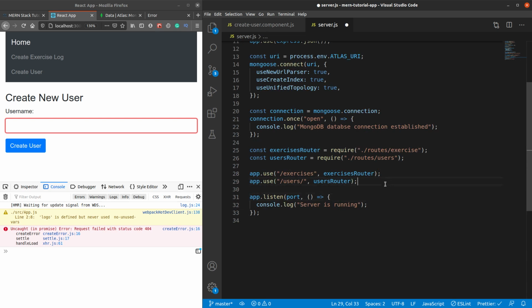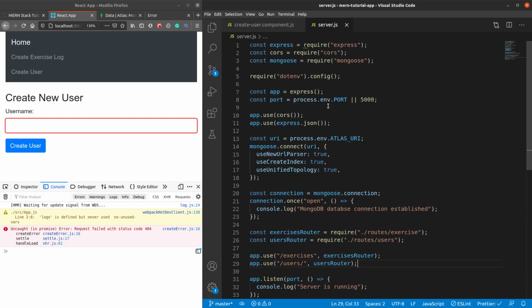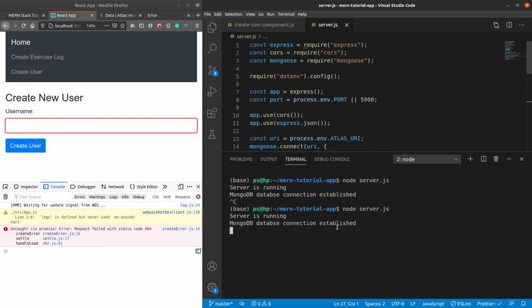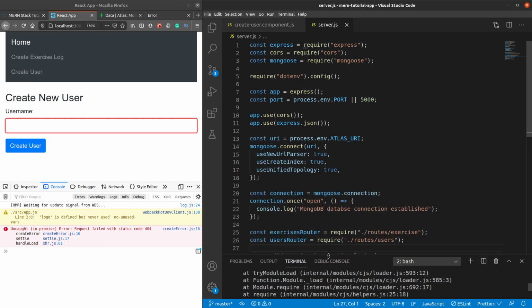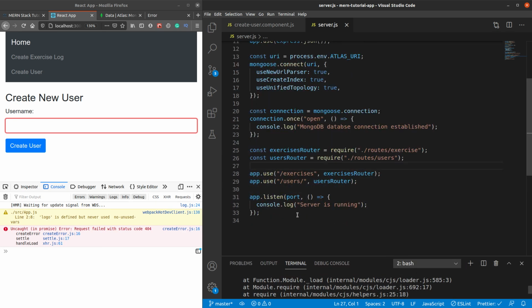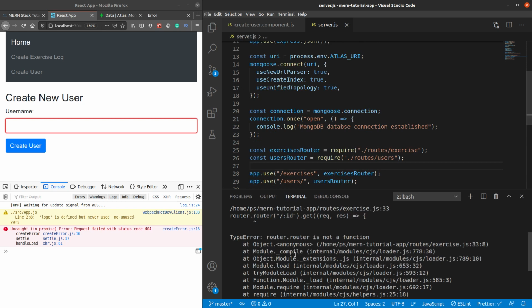We have made the changes here, and now the client should be able to connect with the server at this particular URL. Okay, so we have saved the file. We just want to make sure that the server is reloaded. If not already, let's restart the server once. And there is a slight error in here. Let's resolve this error.